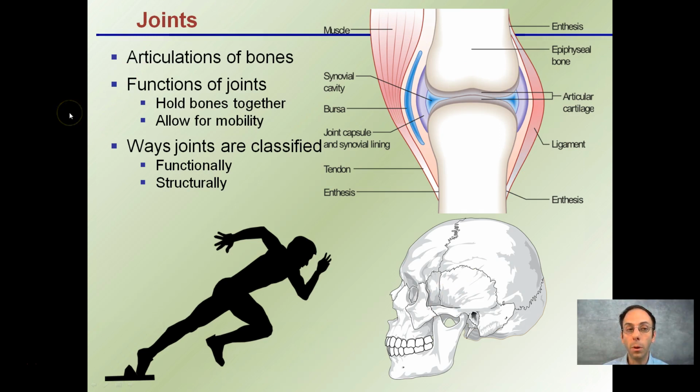They're articulations of bone. The functions of joints: they hold bones together and they allow for mobility. Joints are classified both on their function and also how they are structured. So you can see here just a general joint. We're going to learn more about the different types. Also our joints in the skull here. We may not consider these as being very mobile because they're not, but these nonetheless are still joints that occur